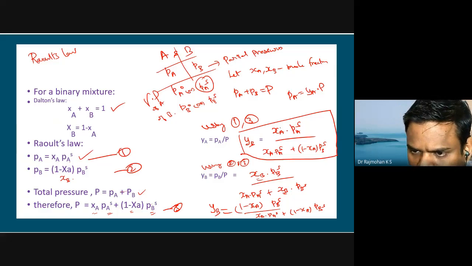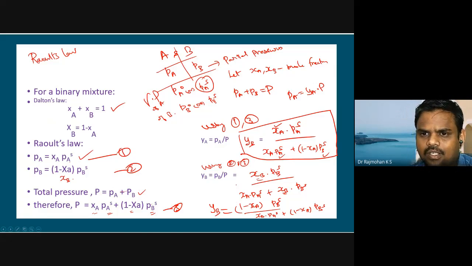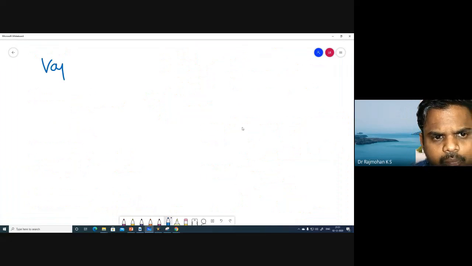So that way, if we know the liquid composition and vapor pressure of A and B, we can get the vapor composition. Okay, in vapor liquid equilibria